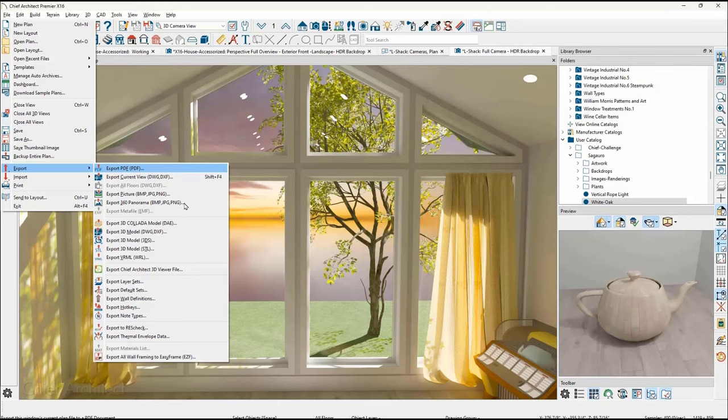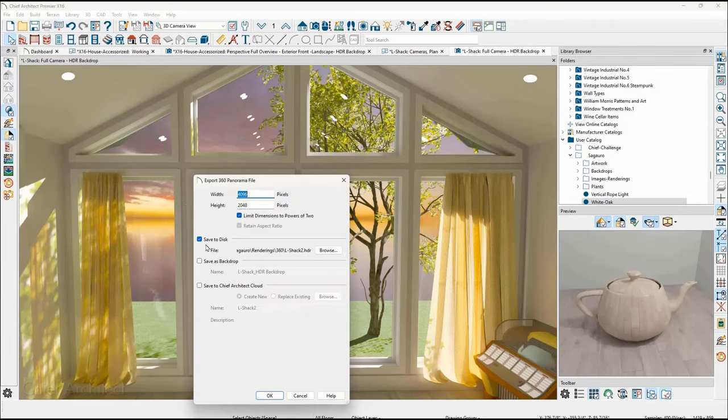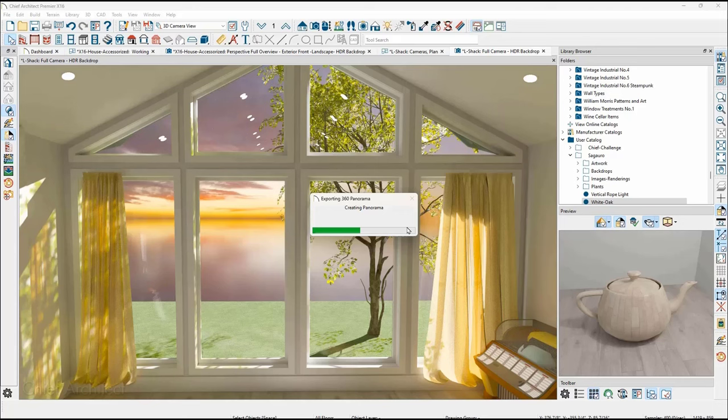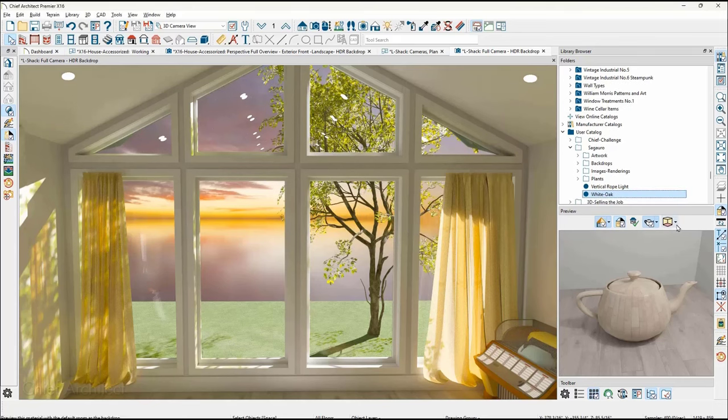Chief renderings can be exported as an HDR image. I'll export this scene as a 360 panoramic image, choosing to make it a backdrop with an HDR file type. HDR images can be used to preview materials using a new drop-down for the backdrop type. Using your model to preview